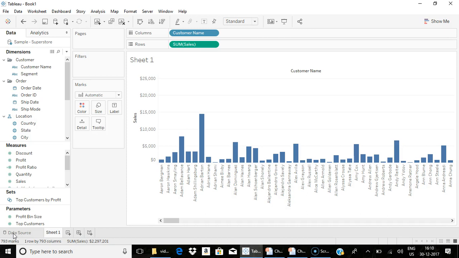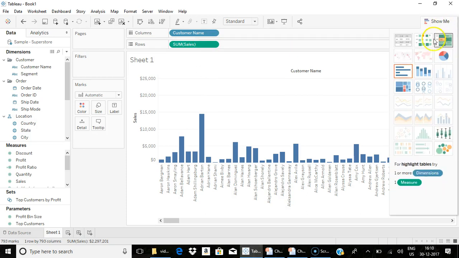But when you are selecting the view, you should be more careful about which visualization is more readable, which is more clear, which is more understandable. These are the factors that we have to keep in mind when we are selecting the charts based on the requirements. So, for example, if I don't want to go by this bar chart, and I want to know what all the other possible visualizations are, then I can click on Show Me.